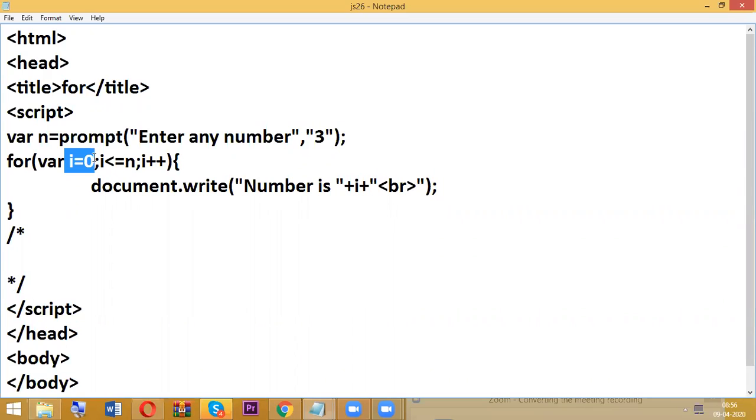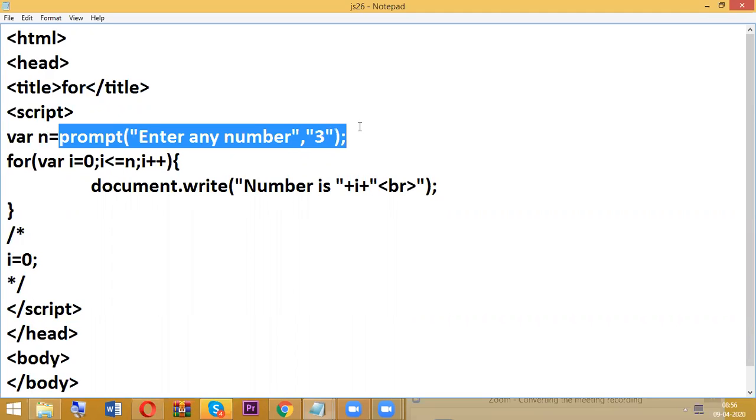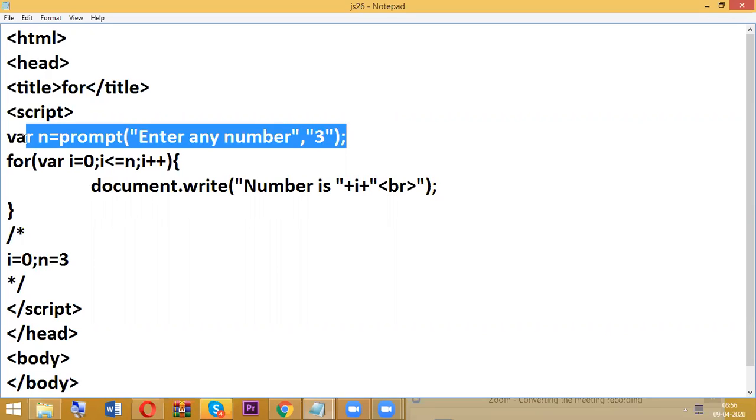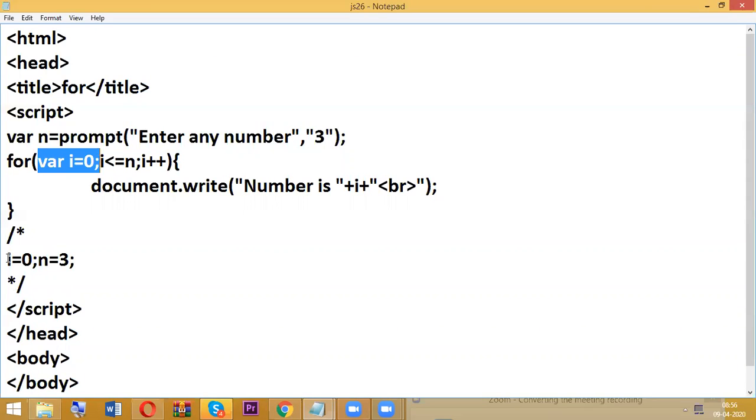So here my loop is going to start from 0. User can enter any number, whether it is 300, it doesn't matter. But right now I'm considering the n value as 3. So then what happens? Starting with 0, and we know based on the condition where to end, whenever the n value is 3. So after this I am checking the condition.